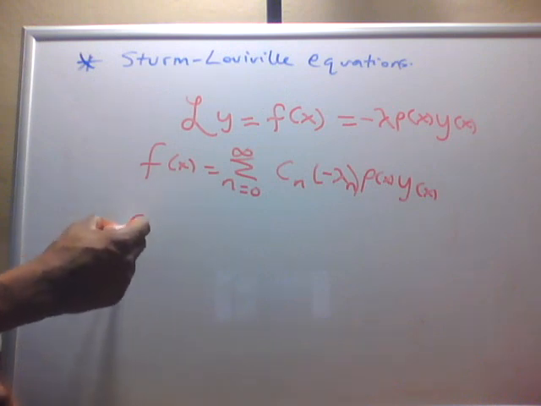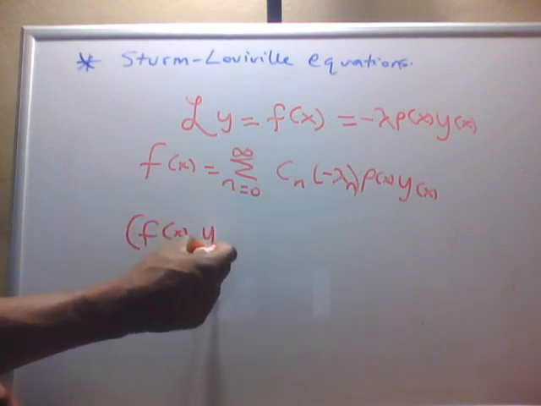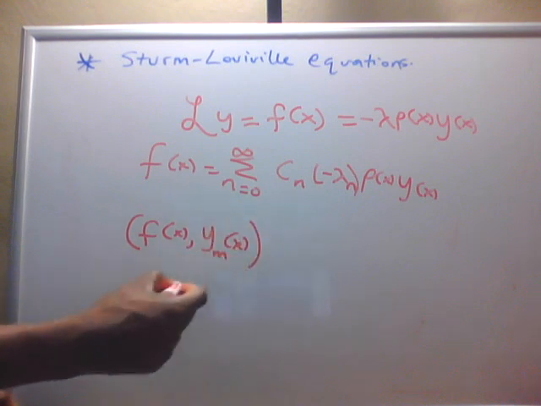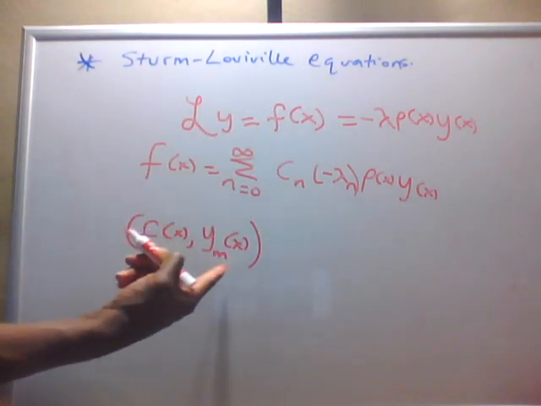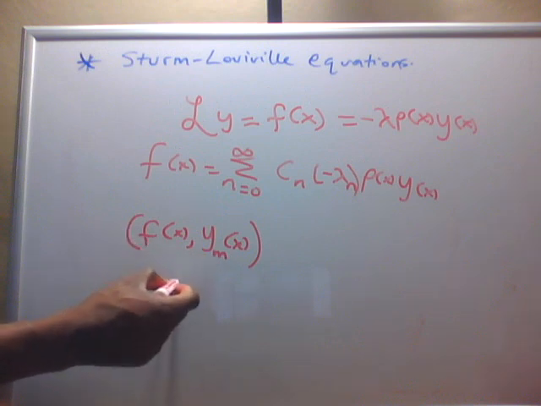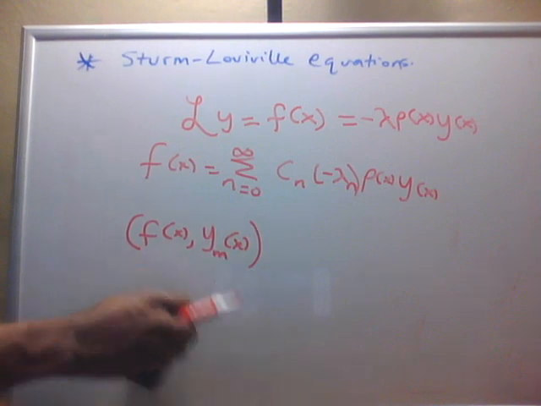If I take the inner product of f of x with respect to one of the orthogonal functions, and my inner product here is defined with the weight function as 1,